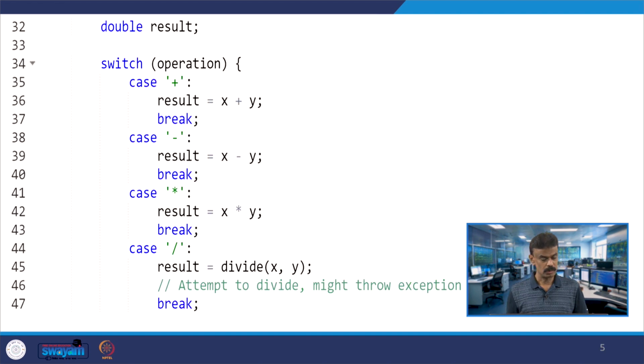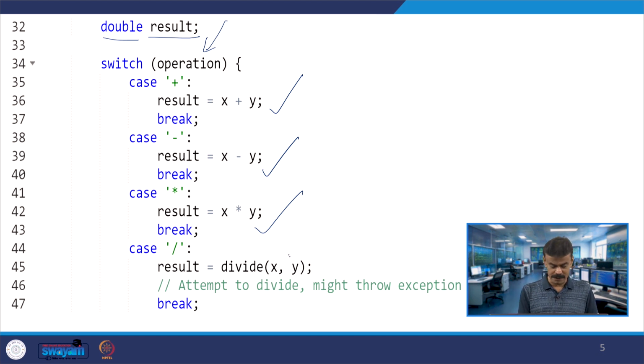Now we have one variable result whose data type is double. Now, you have switch operation, which is a character. If the case is plus, you are doing x plus y. If the operation is minus, you have x minus y. If the operation is star, you are multiplying. If your operation is slash, you are calling the function divide x comma y.